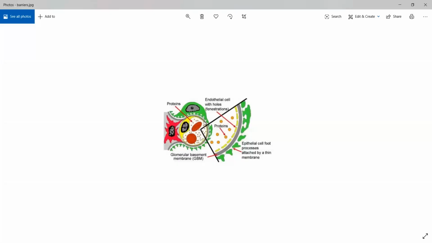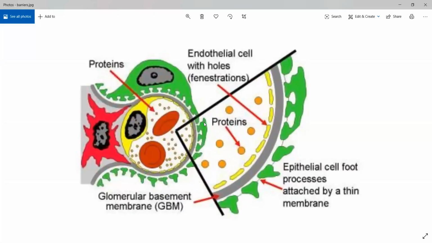If you look closely, this is a part of a glomerulus that you are seeing, and in this you'll be able to see the vertical endothelium of the capillary, the yellowish part where you have your RBCs and your proteins and blood flowing. Under that is a part of your glomerular tuft, and under that is the glomerular basement membrane, which is called GBM. Under that will be your podocytes, the green colored structures that you are seeing.